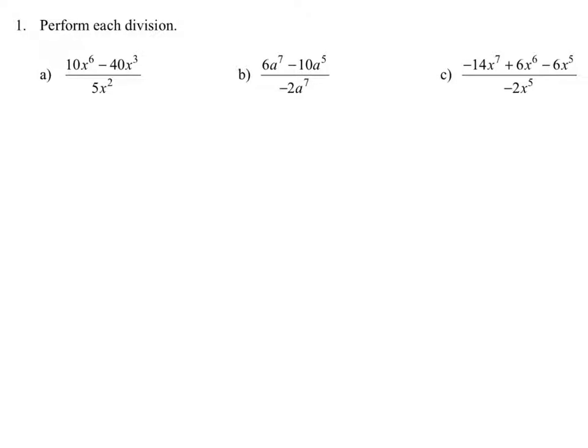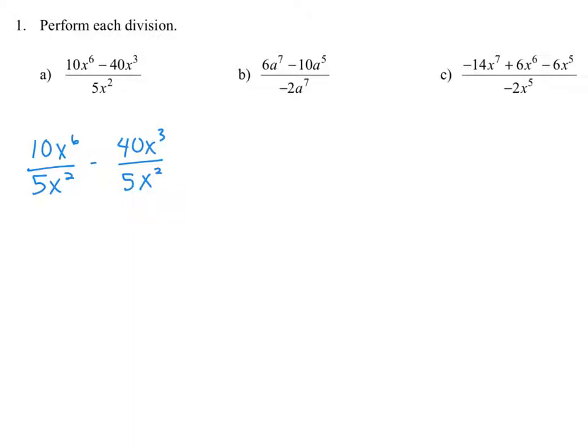Since we're dividing by a monomial, there's only one term in the denominator. So to begin this problem, the quantity 10x to the sixth minus 40x to the third, all divided by 5x squared, we are taking 10x to the sixth and dividing that by 5x squared, minus 40x to the third and dividing that by 5x squared. Now you can simplify each of those